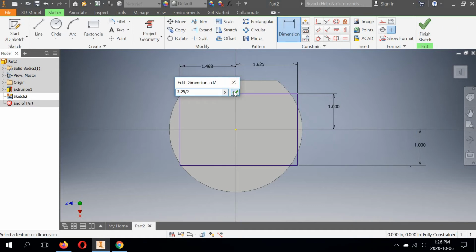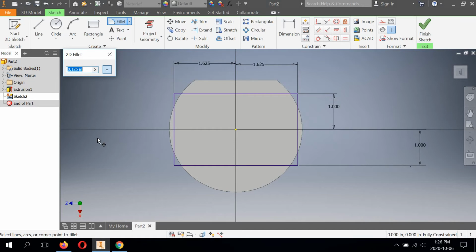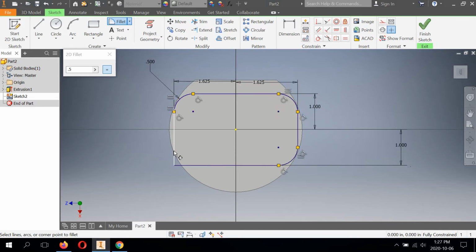3.25 divided by 2. Now, before I extrude it, I want to add the fillets in 2D sketch mode first. So fillet is here, and according to the sheet, the fillets are radius 0.5. So we'll update this and go around and create the fillets in 2D sketch mode. Alright, so those are done. Hit finish sketch